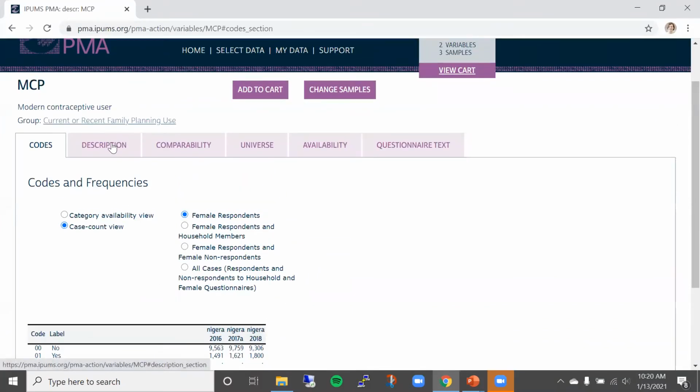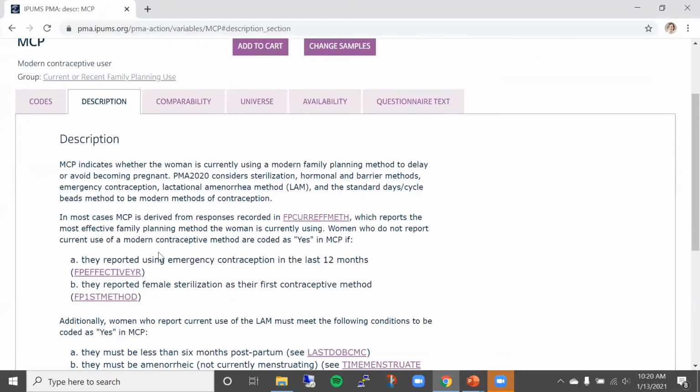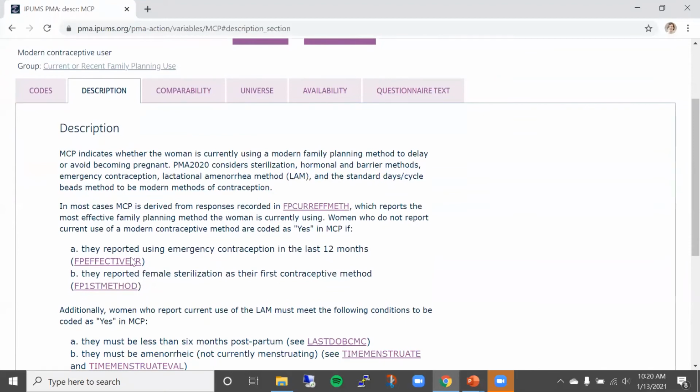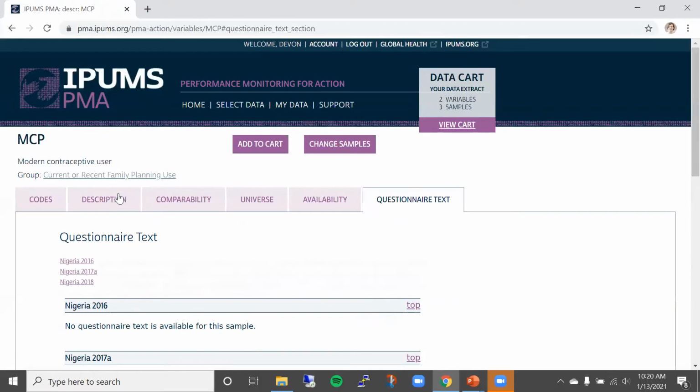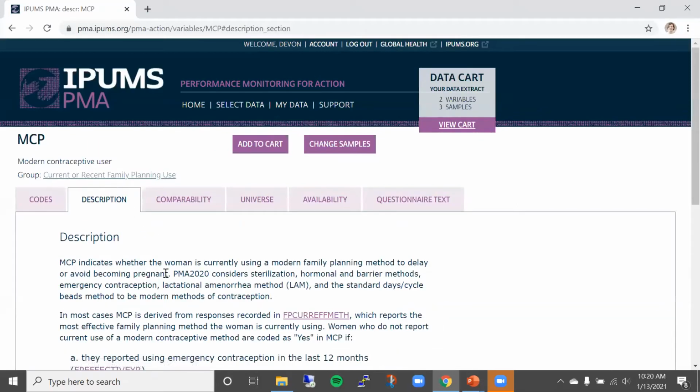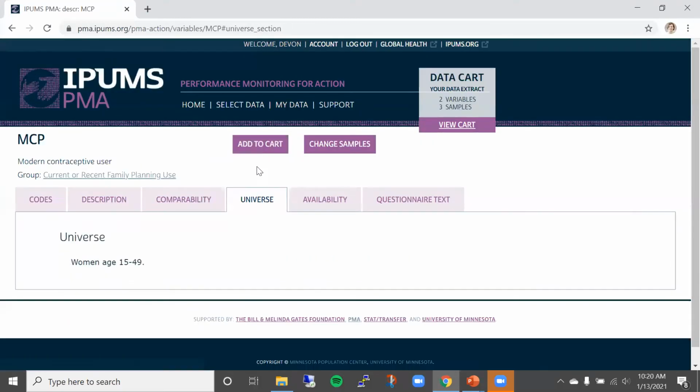I can also look at all the documentation, a description about how this variable is calculated, or maybe if there was a question. This one is a calculated one, so it doesn't have questionnaire text with it. But we also have the universe of the question, basically who was asked this question. Lots of information at each of these variable level